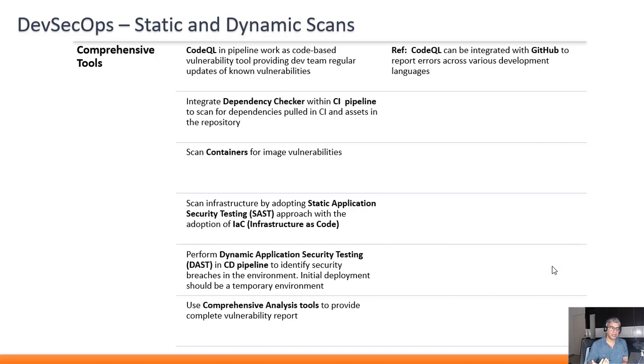We need to scan the infrastructure by adopting the SAST approach, which is static application security testing. And that adoption is going to be using infrastructure as code. As I have already mentioned,